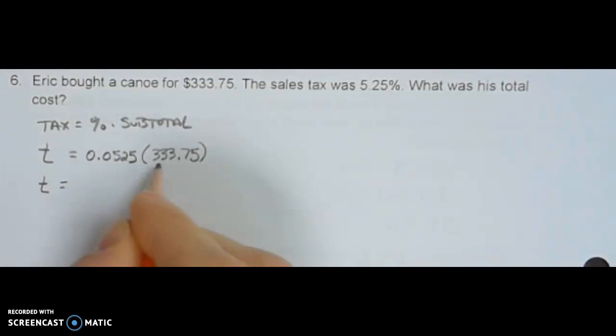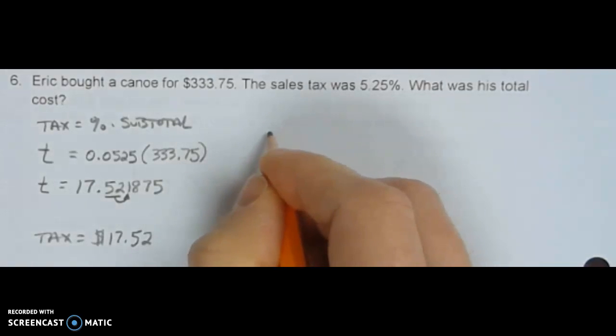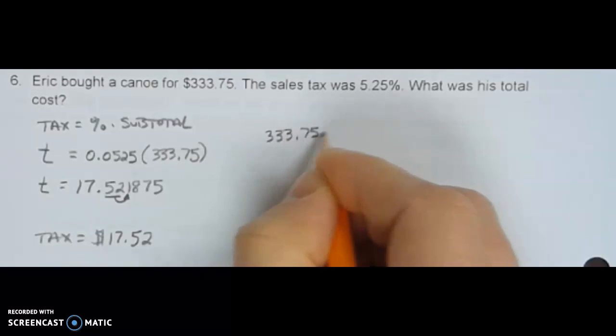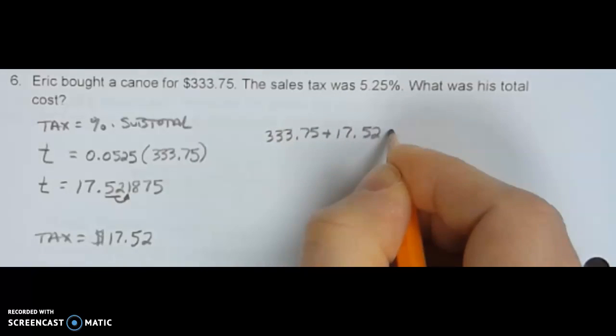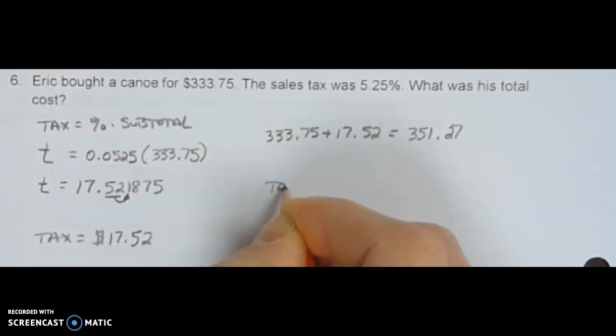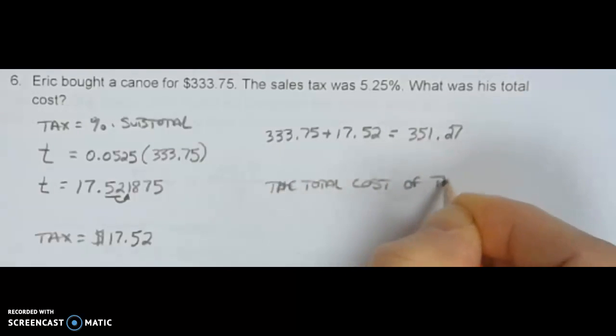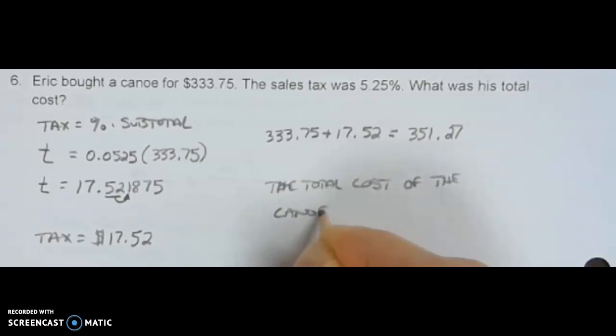We go ahead and multiply those two numbers together, and we get the decimal 17.521875. Tax is money, so we'll go to the hundredths place, 52 hundredths. The 1 in the thousandths place is not enough to round us up, so the tax is $17.52. Tax gets added to the subtotal, so 333.75 plus the tax of 17.52 is going to give us a decimal of 351 and 27 hundredths. So the total cost of the canoe is